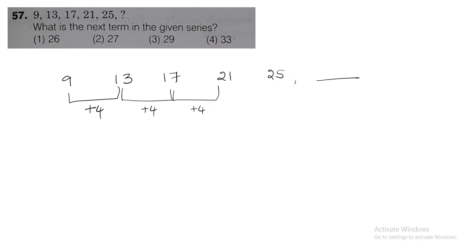Next, moving on to question number 57. Now he is asking you to find the next term in the sequence. If you observe 9, 13, 17, 21, 25 and what next? If I add plus 4 to this, I am going to get 13, and directly 13 plus 4 is 17, 17 plus 4 is 21, 21 plus 4 is 25. Automatically here also plus 4, 25 plus 4 is nothing but 29. Hence my answer is 29. Here it is following a common difference of 4.